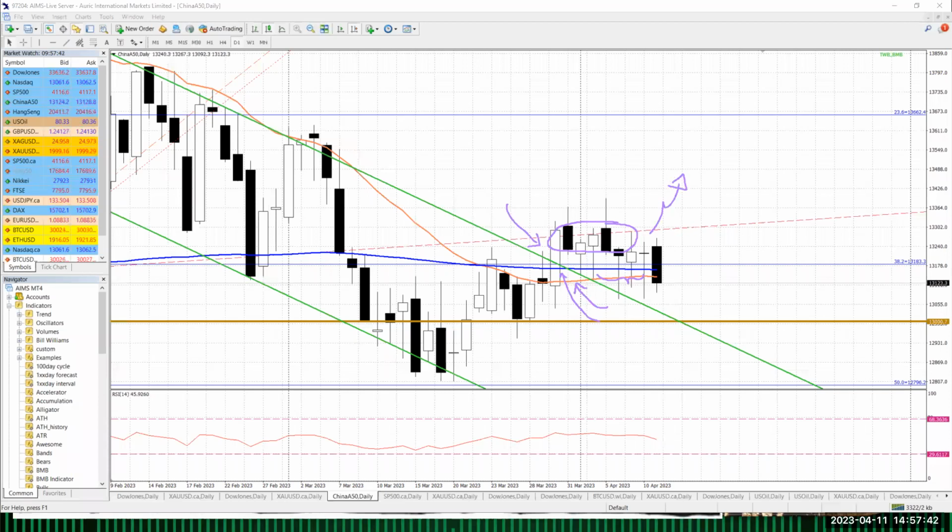But very interesting today, we can see the China A50 retrace back, broke below the 38.2 Fibonacci, and is now trading below the two moving averages. This is something that's not positive, because by right, with all this movement here, it should stay and go higher. So today, a pullback like this is mind-boggling. If I make the chart a little bit smaller,